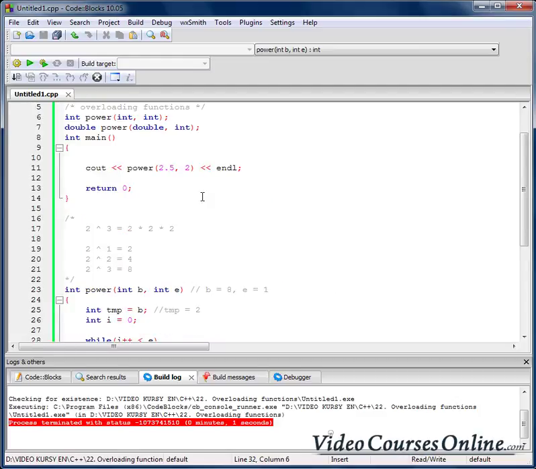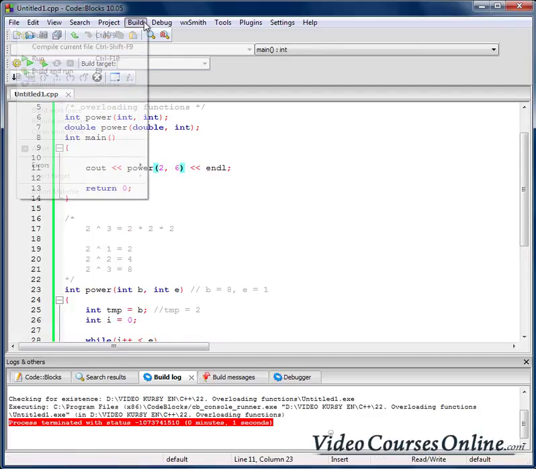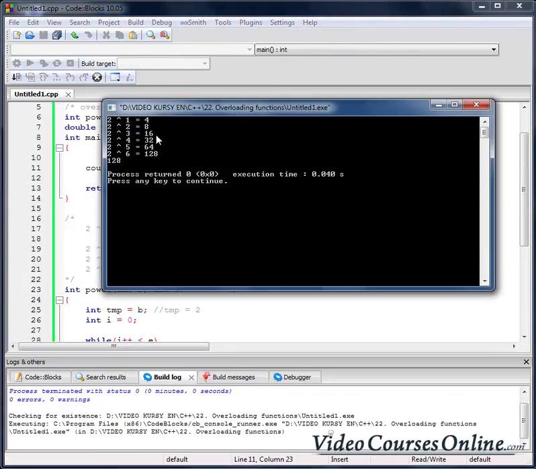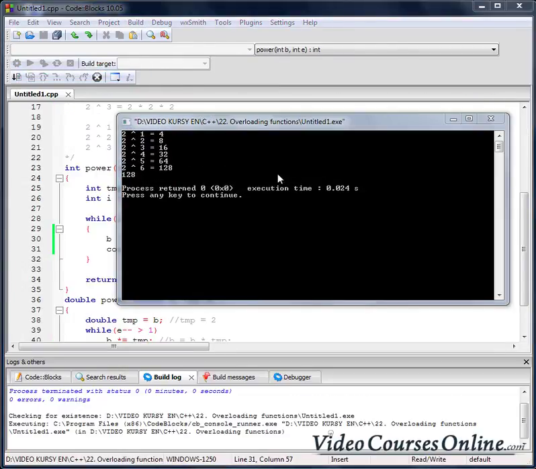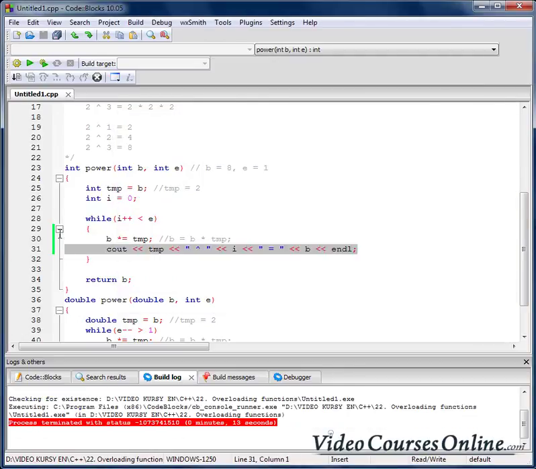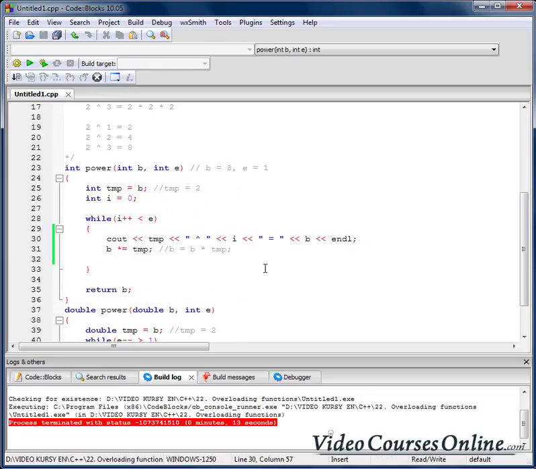And now if I do something like, for example, that, you'll notice that something is wrong, because 2 raised to the power of 1 is not for sure. We should first do it that way,